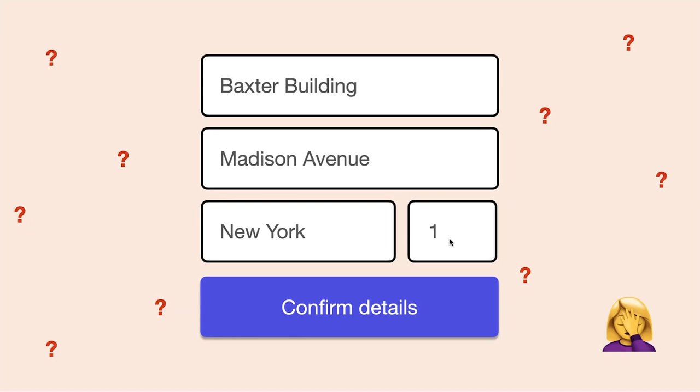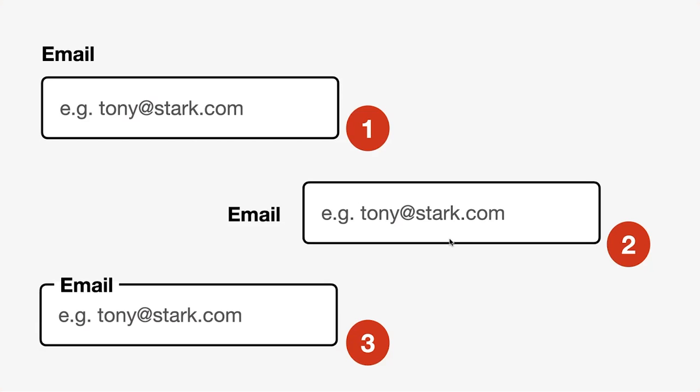So for all of those reasons, labels, really important design affordance you should actually be making visible on the page. And there are many ways to present them, but these are the three most common very quickly. The first approach, you put the label on the top left. The second, you tend to put it on the left-hand side. And the third, you kind of inline it. So this is often known as a floating label. This is quite trendy and modern at the moment. So let's just do a very quick comparison.